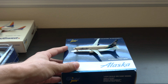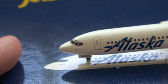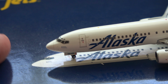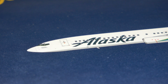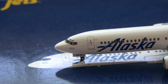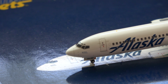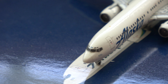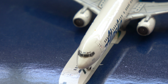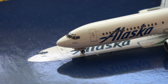Yeah, so let's go ahead and get into the detail. It is a really nice looking aircraft. I will use this in updates in the future whenever I get an airport set up. I cannot read what that says there. It says Boeing, but I cannot read what it says below that. As you can see, the cockpit, you have the little windows at the top, which is pretty cool. So you have the main cockpit windows, and the, what do they call them, eyebrow windows, which is pretty cool. Then you have the gear door,